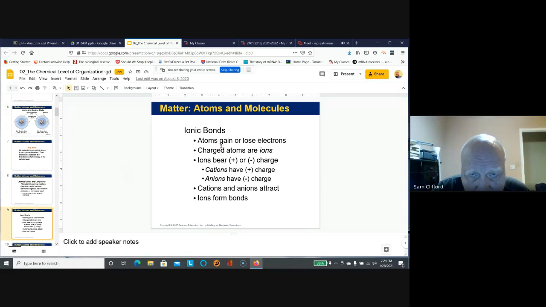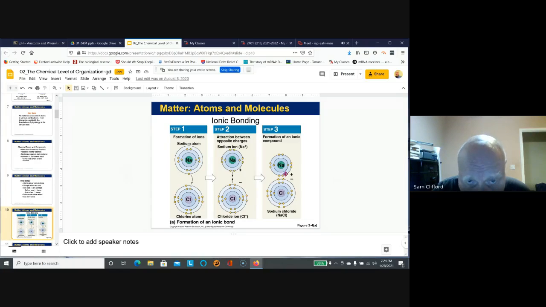So ionic bonds is when electrons are lost or gained. So if we look at the next slide, you can see that sodium metal has 1, 2, 3, 4, 5, 6, 7, 8, 9, 10, 11 electrons. Metals tend to lose electrons to nonmetals. So this chlorine will gain an electron, go from 17 to 18. So the sodium actually has a positive charge now because it lost an electron, and the chloride has an extra